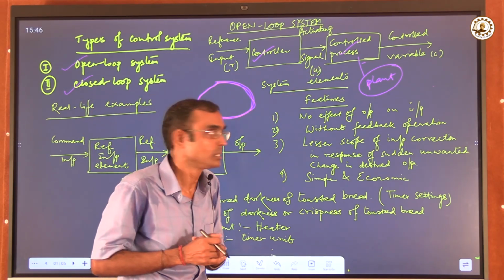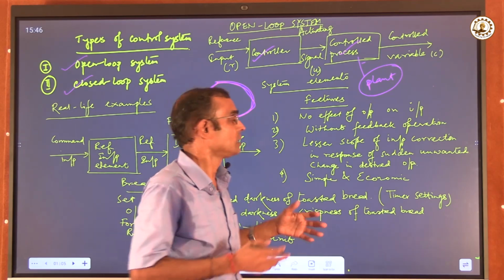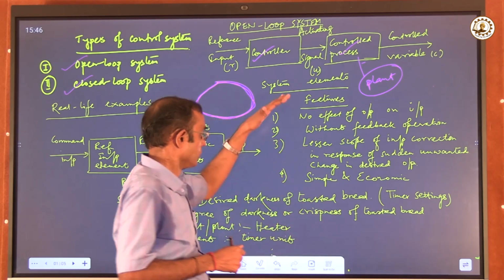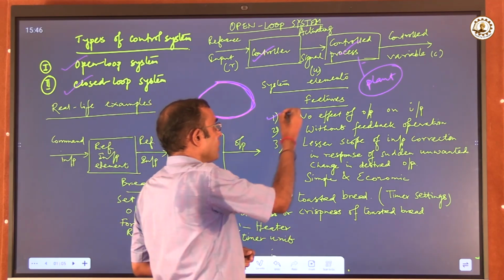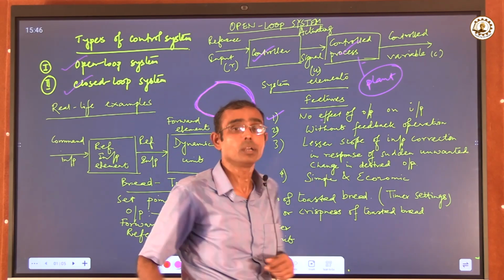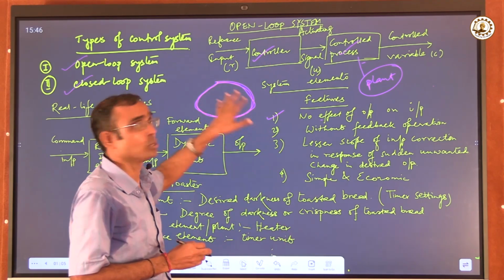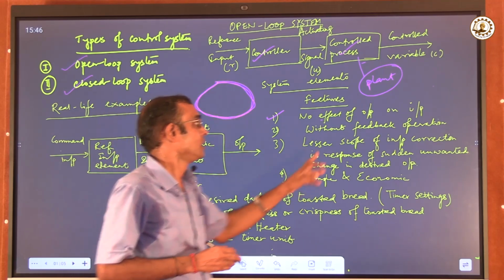and the control process. Now what are the features? Let us discuss the basic features of an open loop control system. You can see there are a number of features. Number one is no effect of output on input. That means, since this is the major thing about this open loop control system, it is